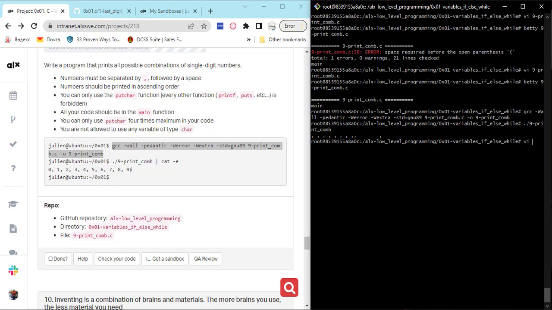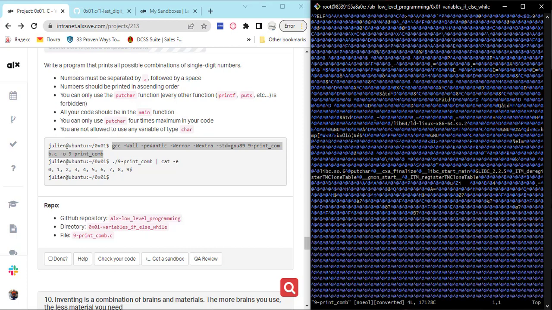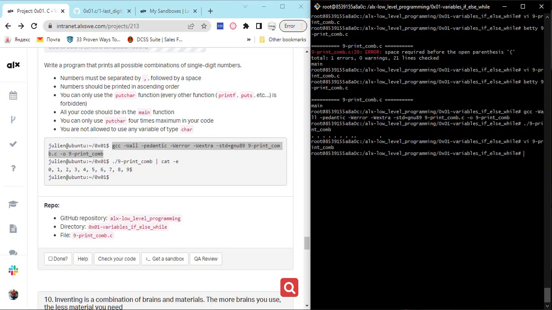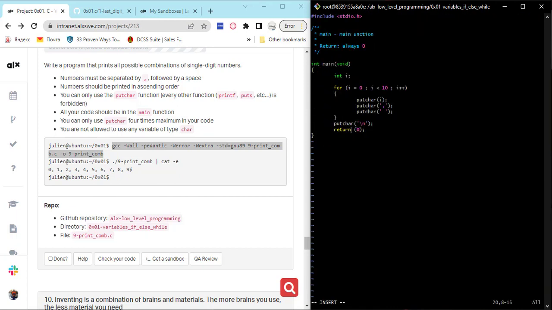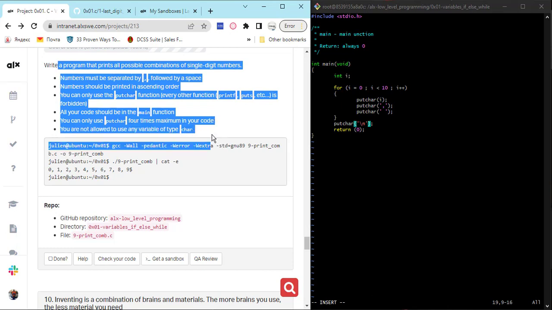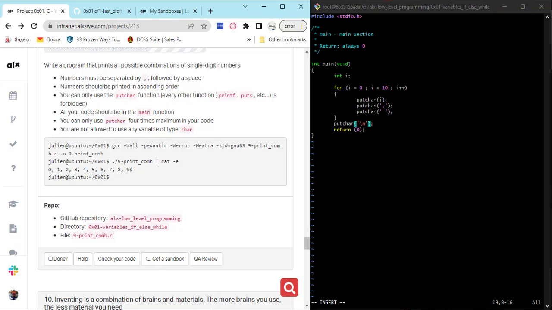So let's open the file again. Oops, I opened the compiled file. So .c. Okay, so now what are we going to do? Since we are not told that this should be in a new line, there's nothing that says we should do something in a new line here, right? So I'm going to remove this new line here. So if I remove this,